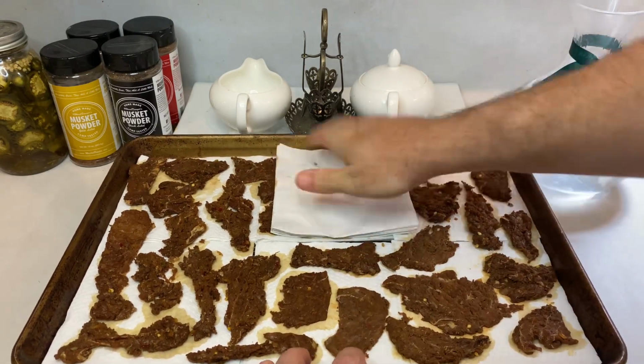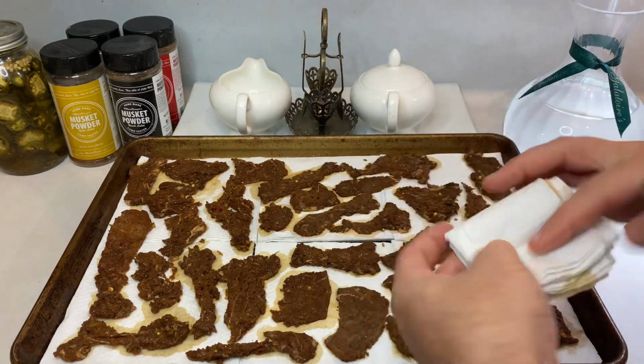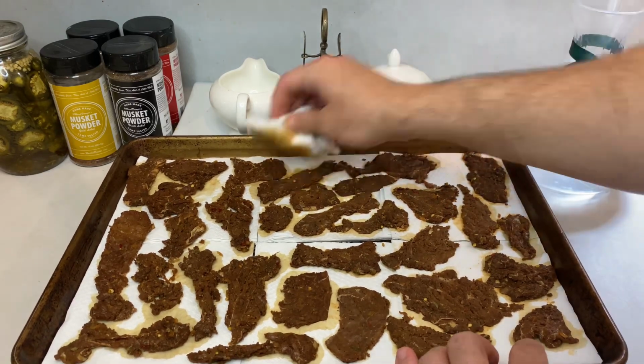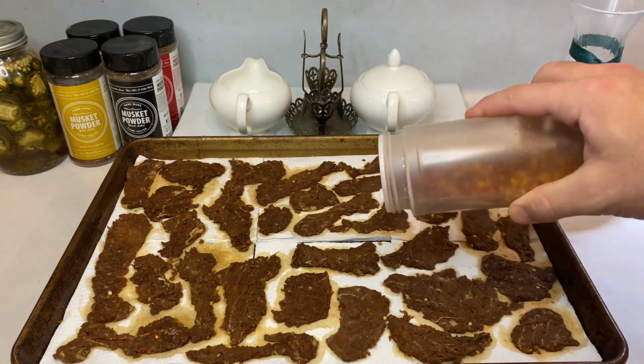1, it flattens the meat one more time, making uniform thickness. And 2, since we're about to dehydrate this meat, getting as much liquid out beforehand gives the process a helpful head start. Finally, before we start dehydrating, I decided to cover half of the meat with some seasoning I recently made